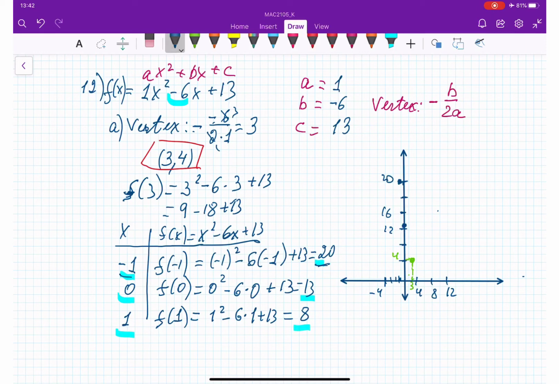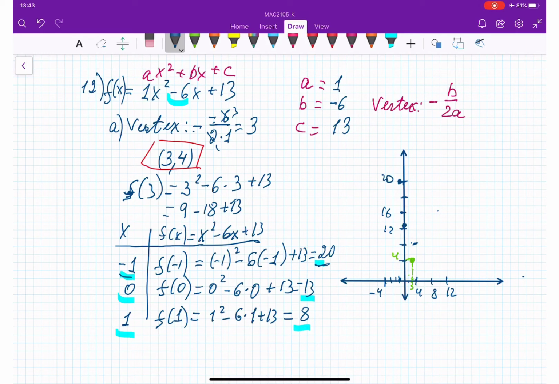So x is 1, y is going 8. Eight is going to be right here. So 3, okay. 4, this is 8, yeah. Okay, so